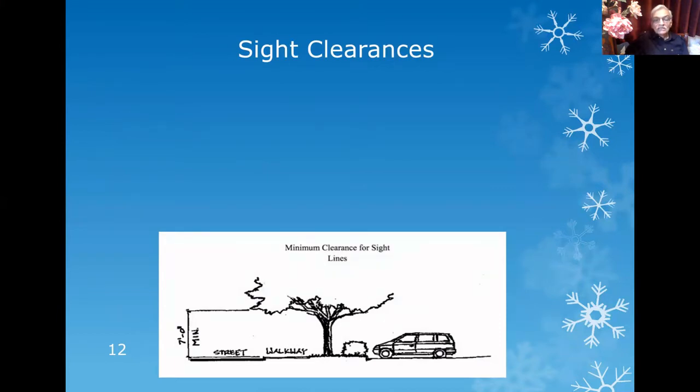So the parking area should have relevant trees planted in such a way that the canopy of the tree is well above 2.1 meters, so that it cannot interfere with the parking of the car. At the same time, it can give partial shade on the car.